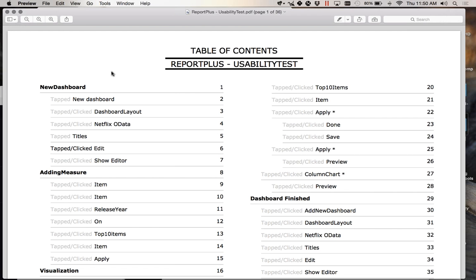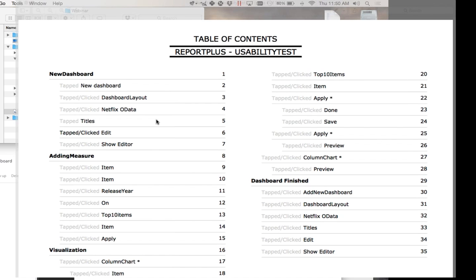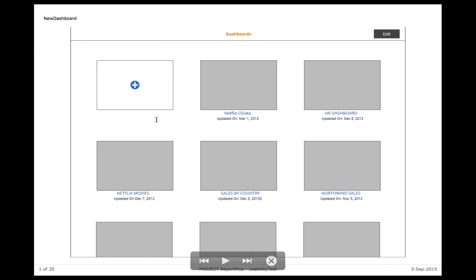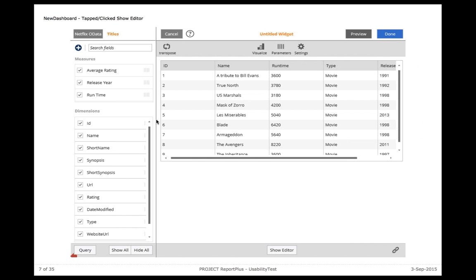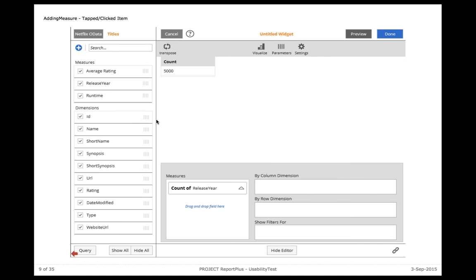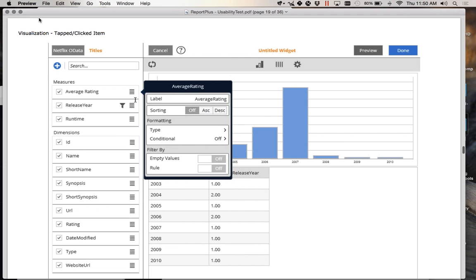So technically, I could just fire up the PDF and walk through the same scenario by going right and left. If I say view full screen, a slideshow on my Mac, I can go right, the new screen, they see a dashboard picker, go right, local files, add the titles, come to this screen, add something else. So I can basically walk through the UI just from my PDF,